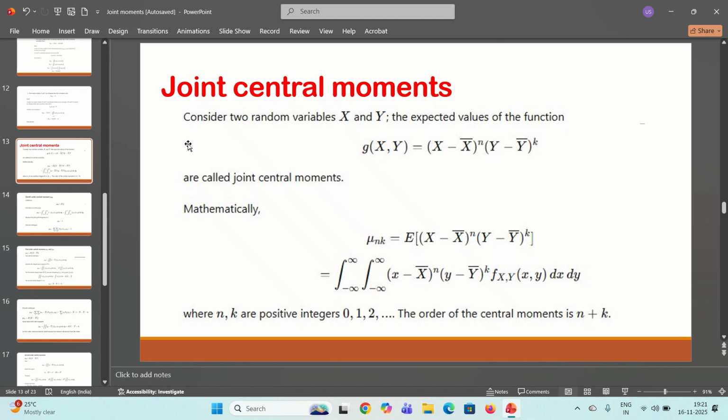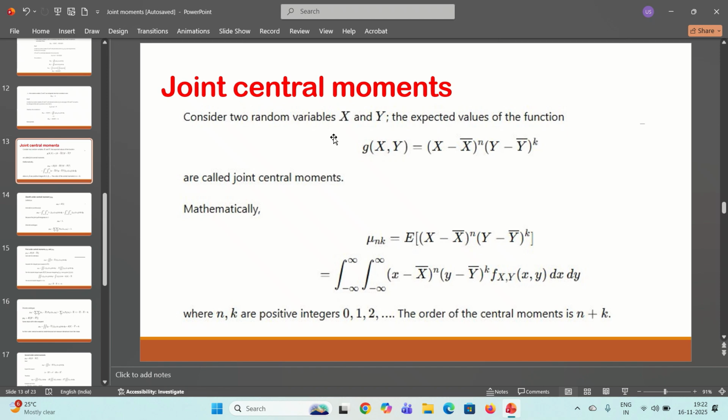Let us see the joint central moments. Consider two random variables X and Y. The expected value of the function g of x comma y equal to (x minus x bar) to the power n, (y minus y bar) to the power k, is called the joint central moment, mathematically represented as mu n k, which is equal to the expectation of (x minus x bar)^n (y minus y bar)^k, that is